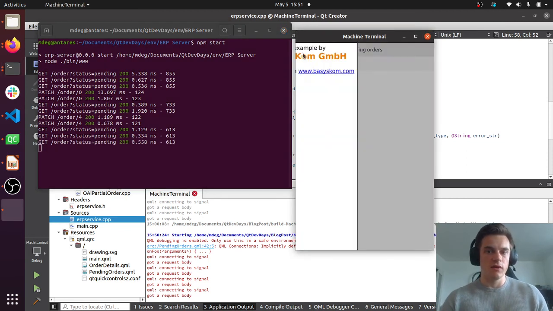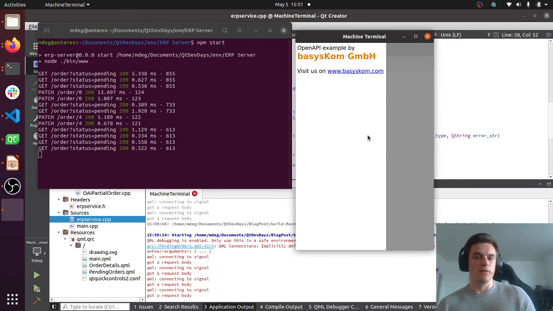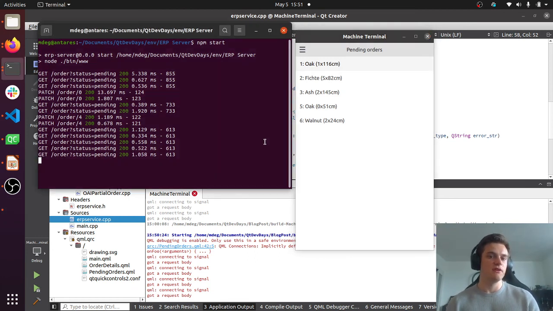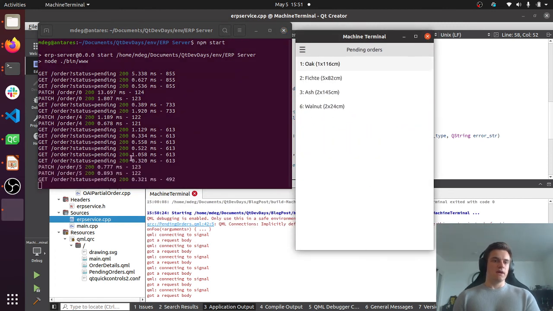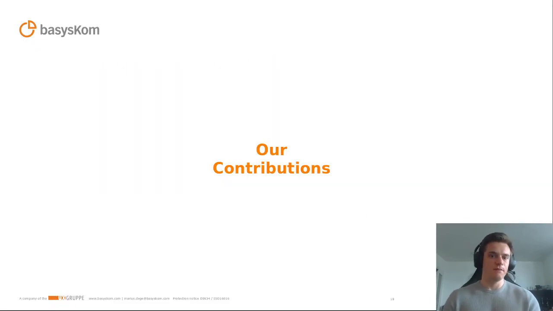So again, this is just an example for OpenAPI by us, and yeah, we used the API. We didn't use the Qt network manager. We just could create it, and it works. So we go back to the presentation, and we finished the hands-on session, and now a few words to our